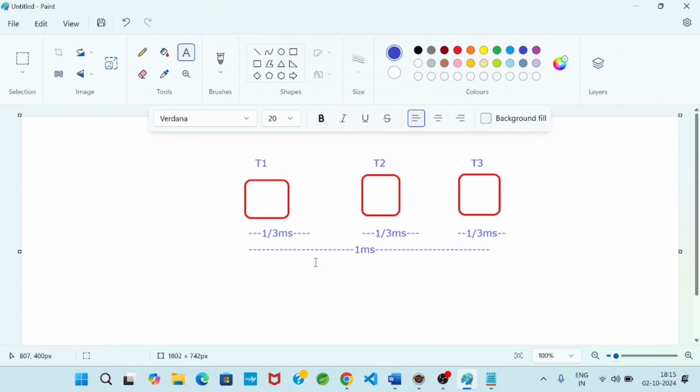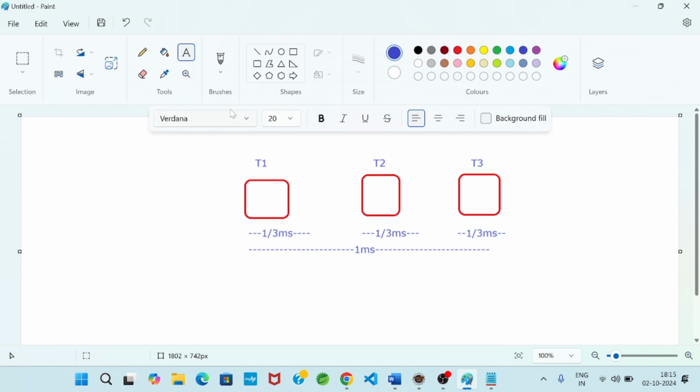What I was telling about priority: priority is an integer value ranging from 1 to 10. If we are not explicitly specifying it, then every thread will contain the default priority. Default priority is 5, you remember.